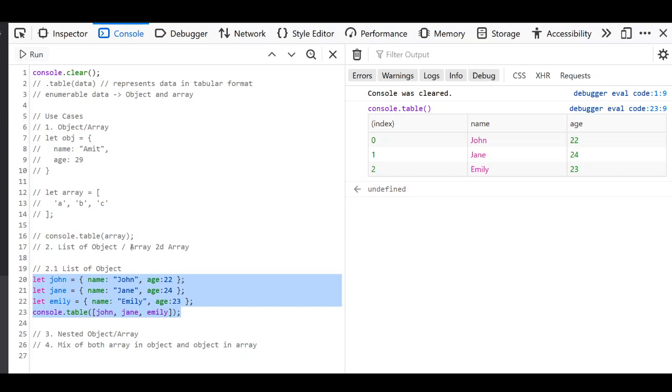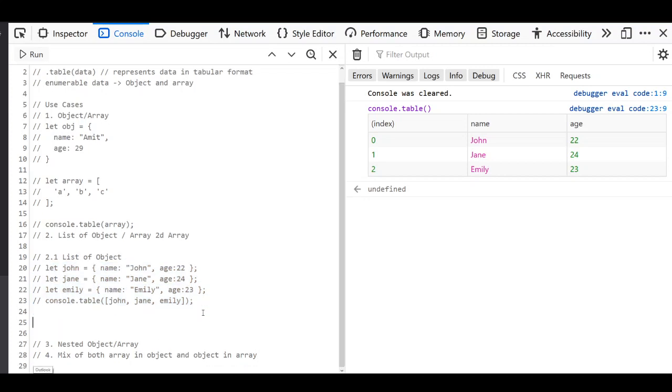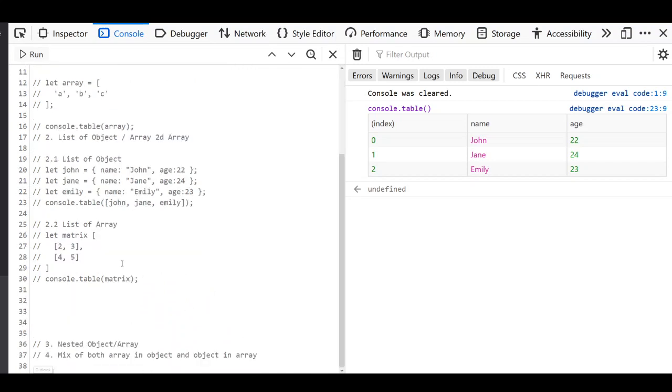Now we are going to see array of arrays, right? Listing of arrays. So let me just comment it out. And the second case is array of array. So in the second case, I have created a matrix, or basically an array of 2 by 2, right? So it means an array of arrays. This array has arrays inside it. So 2, 3, 4, 5, and now we are going to see what the representation is.